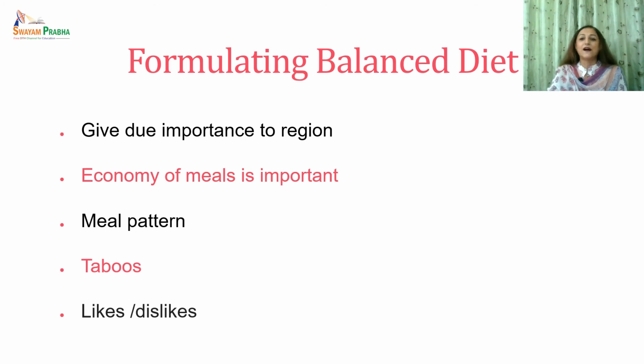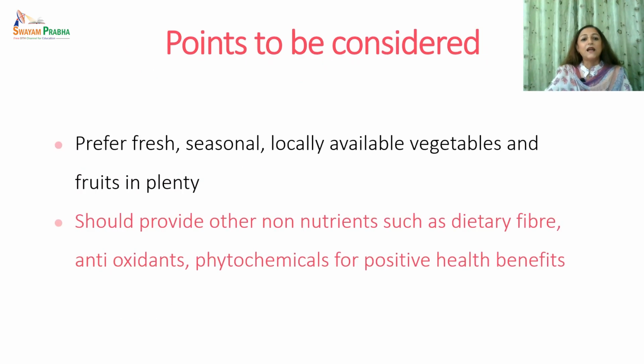So these are the things which are to be considered when we are planning a balanced diet. Along with that, we should prefer fresh, seasonal, locally available vegetables and fruits in plenty. Because if we are taking fresh, seasonal and locally grown food, it will be tasty, it will be healthy, it will be economical also. So we should always prefer going local, and a variety of such items should be included